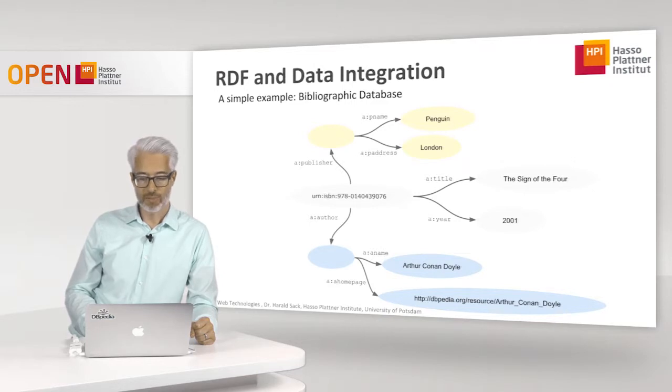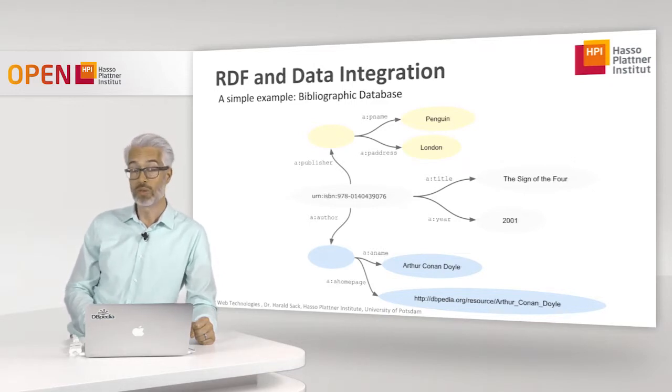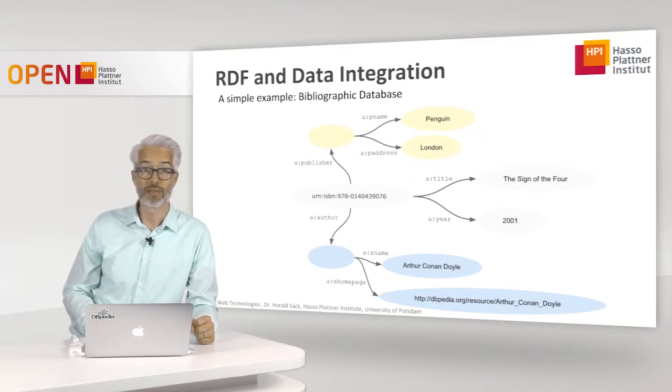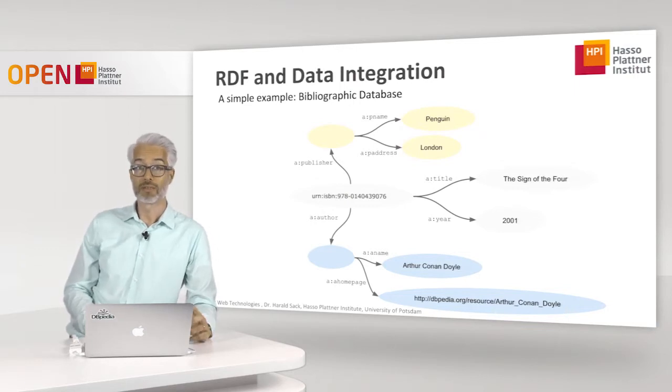You see here in the middle we have the book with the ISBN number, this time encoded as a URN, which is a URI. And this is a title and a year, so it means I simply use the column titles as names for the properties I use here. And I say here, this book has the title The Sign of the 4, and it has the publication year 2001. So then I introduce the publisher, these are the yellow bubbles, and I introduce the author, these are the